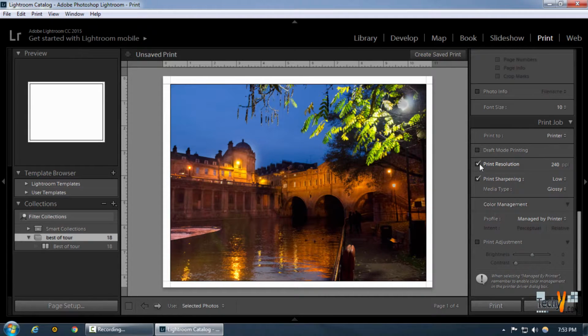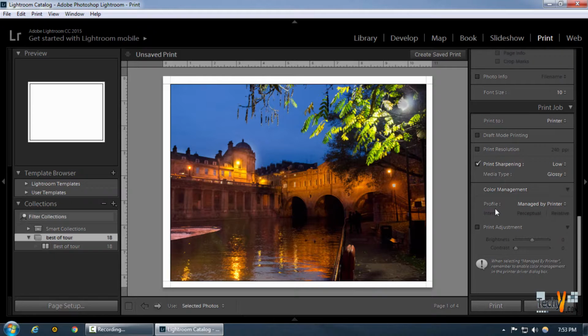And we can actually uncheck the print resolution too, and let Lightroom and the printer decide what the best picture resolution should be for a particular image. So we can simply uncheck that, and we can have print sharpening set to standard or high if we want, according to the image, and media type to be glossy or matte. Glossy is actually a premium paper format, and matte is actually cheaper,